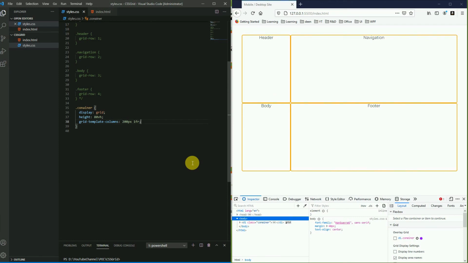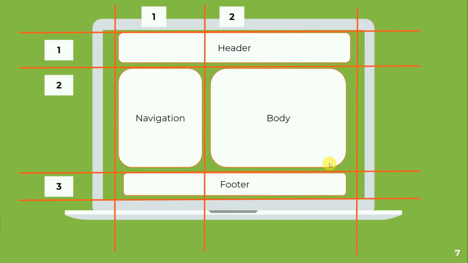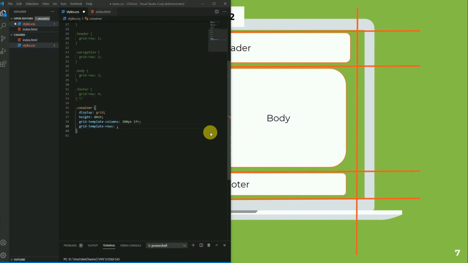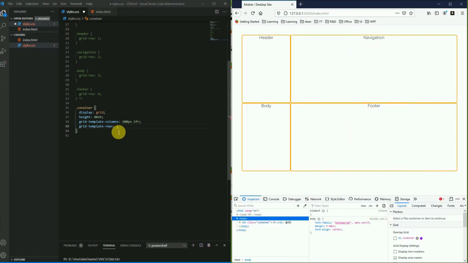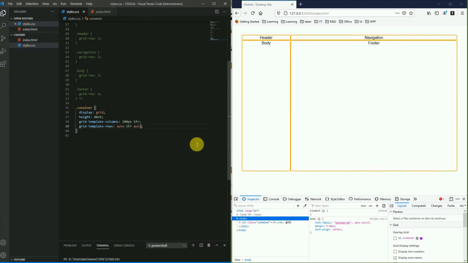And we need to put rows, grid template rows. As we have seen in our structure, we have 3 rows, so we have to define 3 rows. For that I'm going to put auto, 1fr, auto. So auto will take only the required space, and the 1fr will consume all the remaining space.